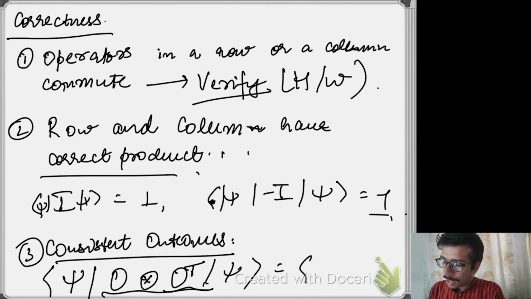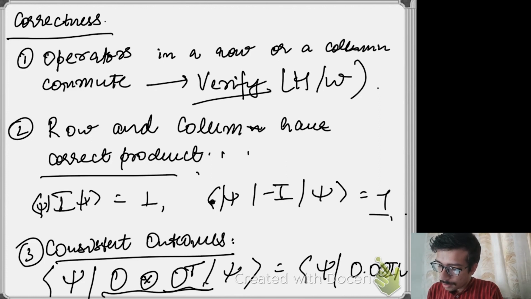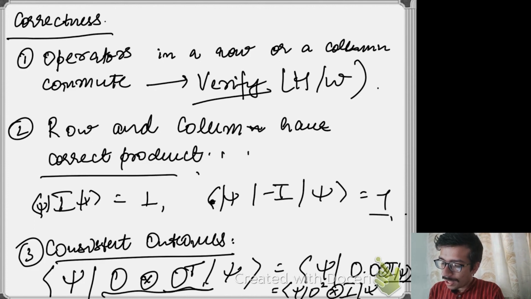And now this is going to be psi with O times O tensored I psi. Right, so we are using the lemma which we derived in the first lecture. So this is psi O square tensored I psi, and O square is nothing but identity, because these are all binary variables. So psi identity cross identity psi, which will happen to be 1. So which means that the product of their outcomes is going to be 1, and hence their outcomes are going to be consistent. So we have shown that the quantum strategy gives outcomes which are consistent